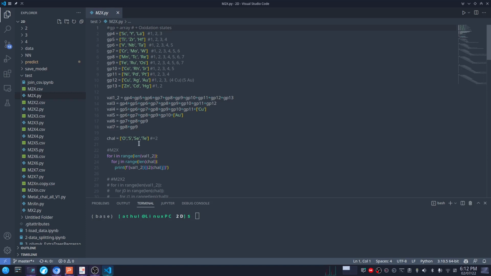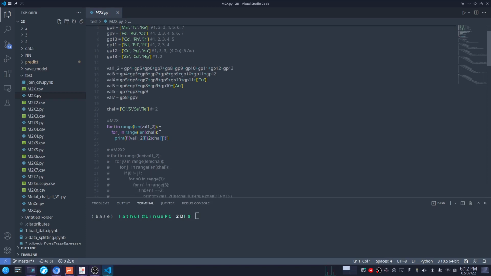These are the chalcogenides with the valency plus 2. These are the valency minus 2, meaning minus 1, minus 2, minus 3, minus 4 up to minus 7. Gold and copper are added to this list because they have valency 4 and 5 extra. If you run this block of code, you will be able to generate